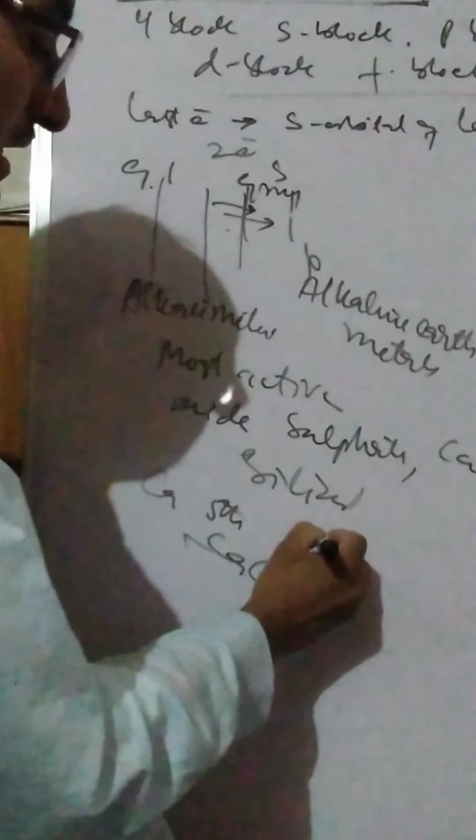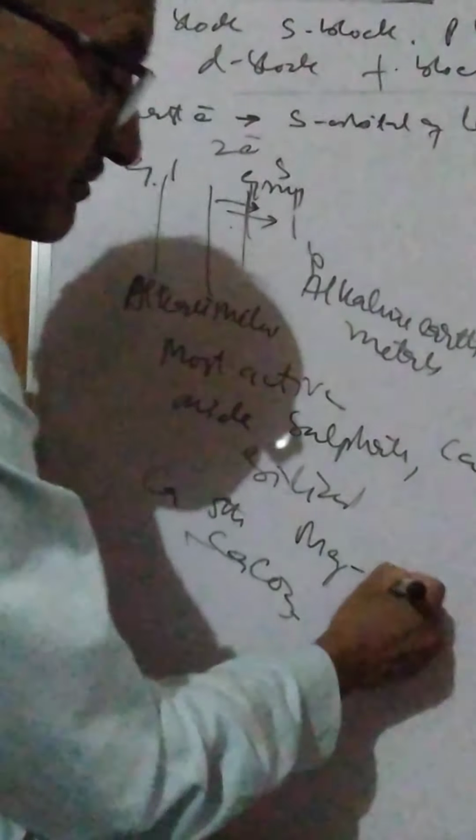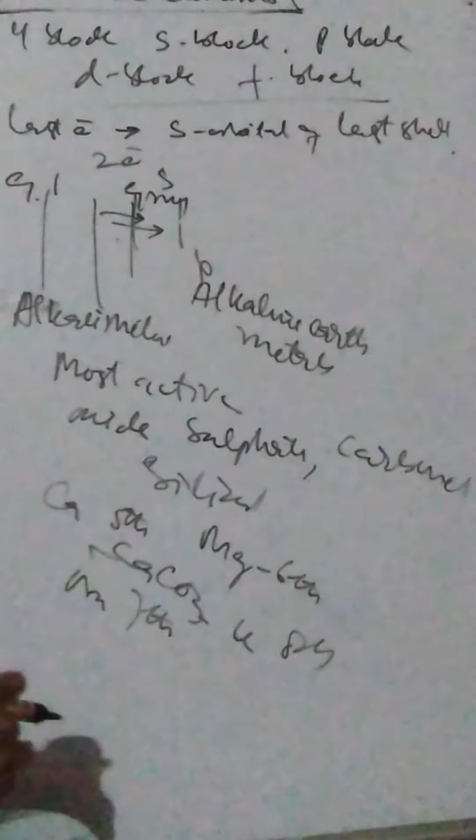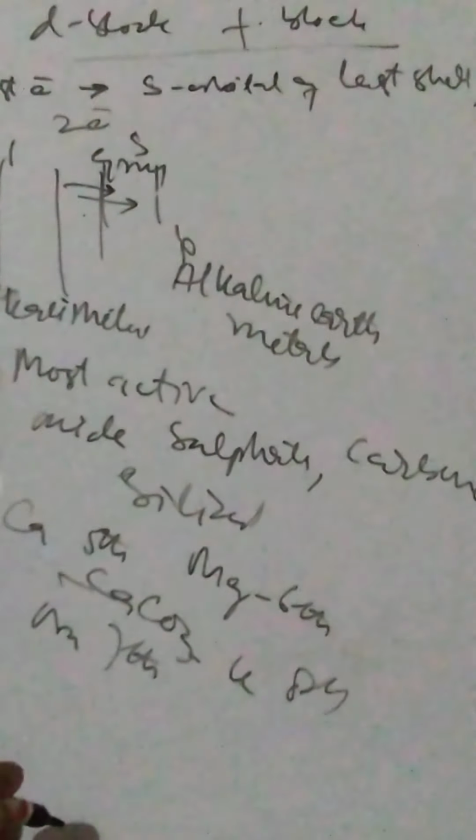And we have another element, magnesium, which is the 6th most abundant element. Sodium is the 7th, and potassium is the 8th most abundant. So these are the S block elements which are among the most abundant elements. We have francium and radium, which are rarely found because they are radioactive. They disintegrate when present in pure form. Okay, this is the introduction to these.